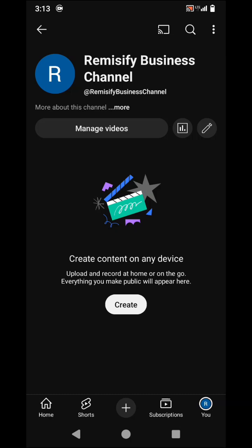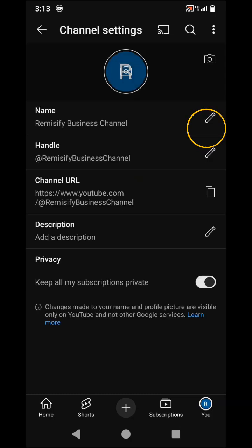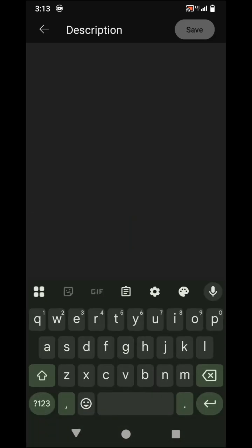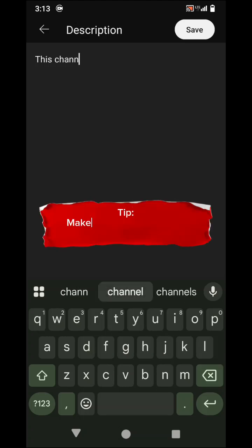Now let's customize the channel. After clicking Create Channel, we customize it. So we come to here, just right on this pen icon on your right, click there. So you should see some additional interfaces, some additional options like description. So in the description, you can click there and add your description of the channel. Let's say this channel helps